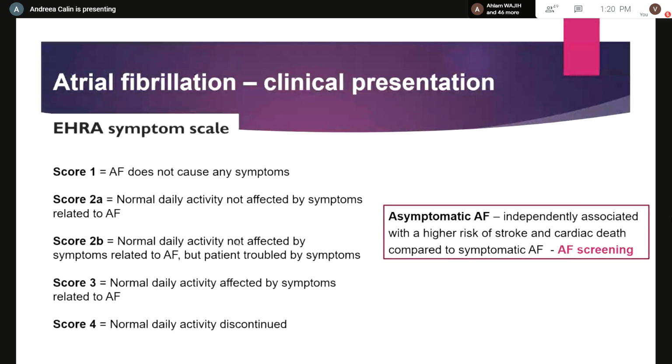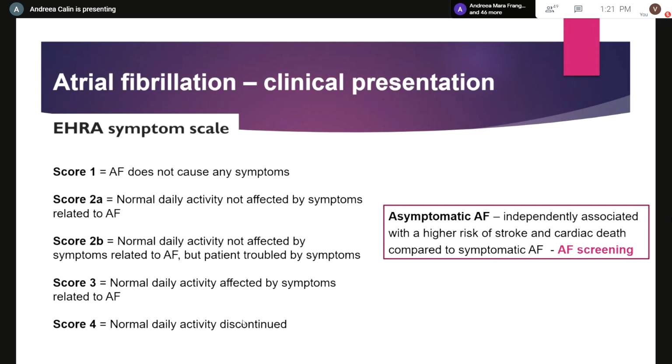We have this classification of the symptom scale. There is a score developed by the European Heart Rhythm Association. Class 1 does not cause any symptoms. This is class 1, 2A, 2B, when the normal daily activity is not affected by the symptoms, but the patient may be troubled by the symptoms in class 2B. In class 3, normal daily activity is affected, and in class 4, normal daily activity must be discontinued because